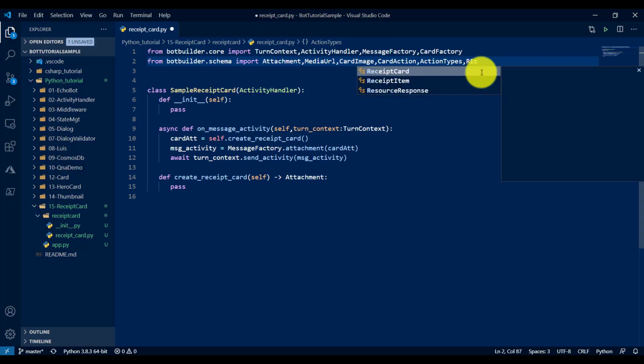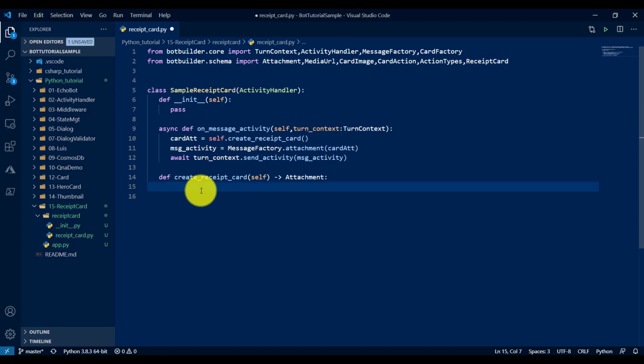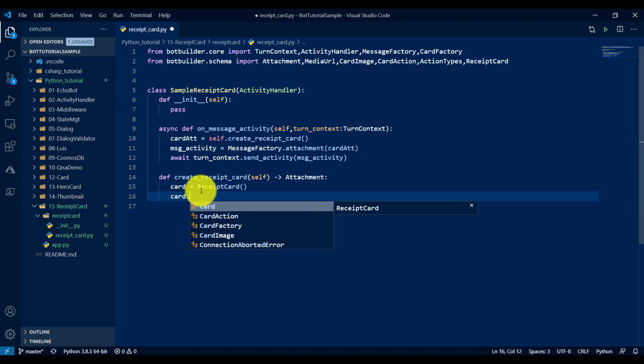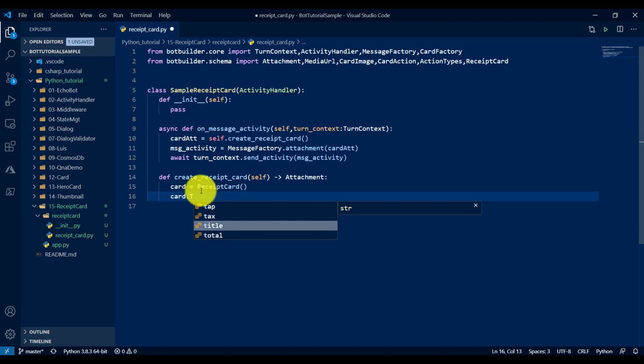Class type, receipt card. Here we'll start. So card, receipt card, title I assigned receipt card sample.